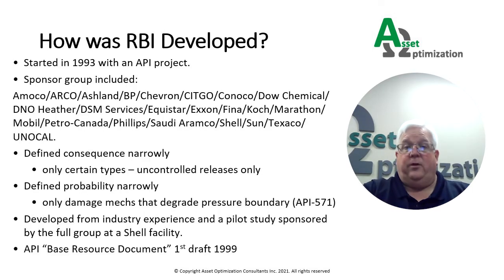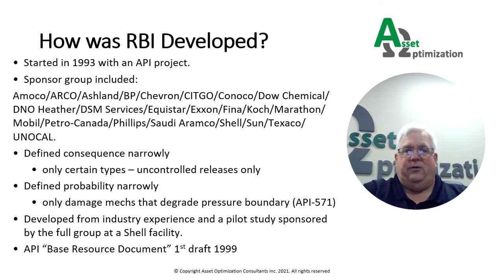In order to finally answer the question, what is RBI risk, we have to first answer the last remaining question, which is, how was RBI developed and what was it based upon? API, the American Petroleum Institute, in 1993, took the lead on this and put a project together with a group of companies, otherwise known as a sponsor group, of which Amoco, Citgo, Exxon, Petro-Canada, Saudi Aramco, Texaco are a few of the examples. They put in and donated money to develop